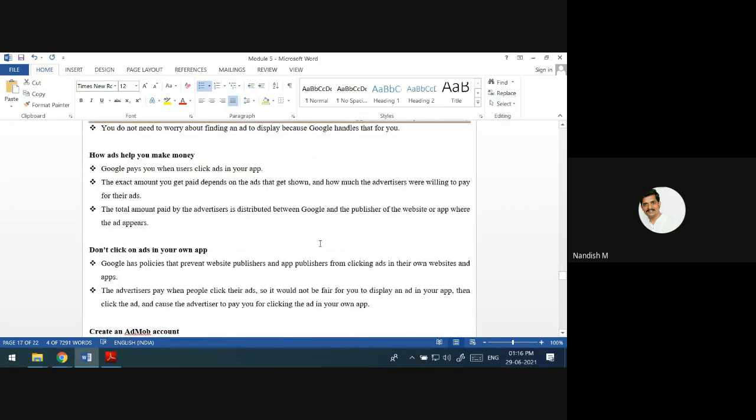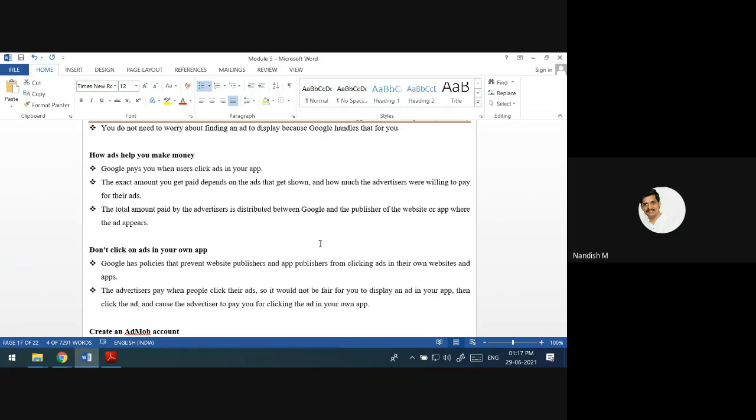What we have to do as app developers is create a layout. We have to show the place where the ad should get displayed. Google will handle how to display the ad. Whenever the user clicks on the advertisement, we are going to get the money.